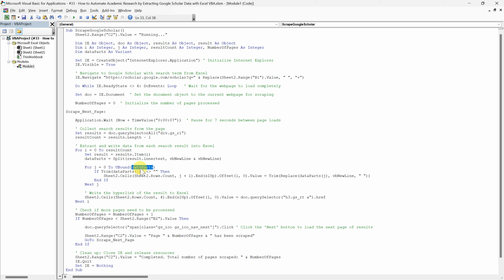This makes sure our loop covers every piece of data extracted from the search result. Inside the loop, the first thing we do is check if the current data part isn't empty. We do this using if Trim(dataParts(j)) <> "". This step is key to avoid adding blank data to our Excel sheet. The trim function cleans off any spaces at the start or end of the data, making sure we only consider